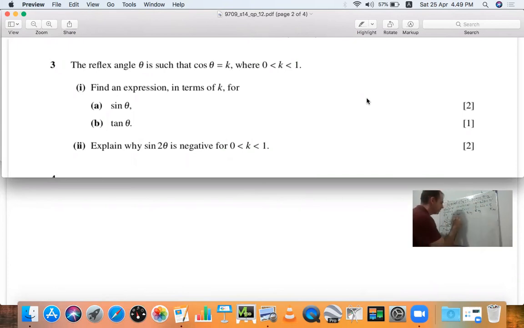And call it reflex angle. And it says cosine theta equals k. It says that k is between 0 and 1. And what are we supposed to do? We're supposed to get sine theta, tan theta. Then we're supposed to explain why